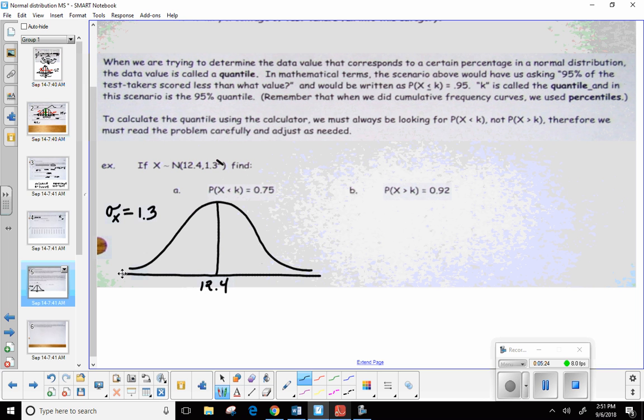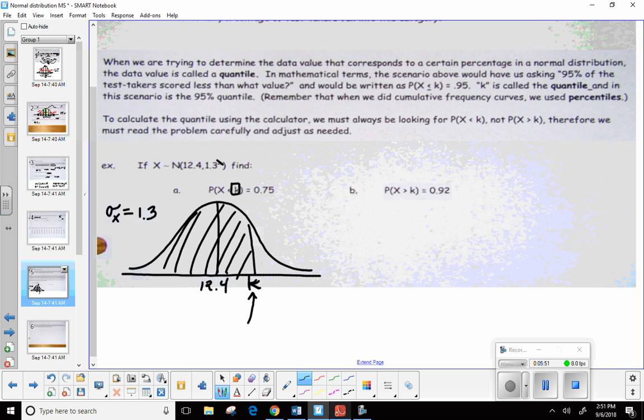Okay, so think about it. We're looking for some value k where less than that number would represent 75% of your data. So think, where would k have to go in your diagram? Well, it would have to go over here on the right someplace because you're actually trying to find an element of your data. So all the data leading up to the one that we're about to find, well, that would represent